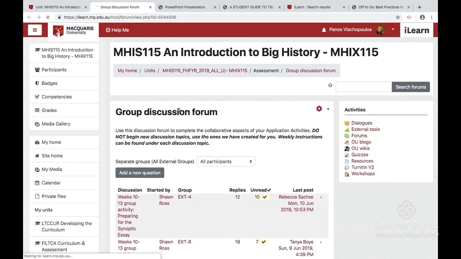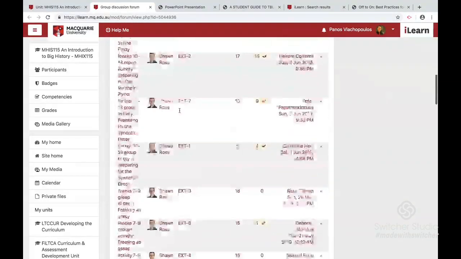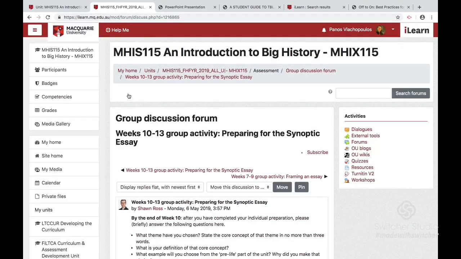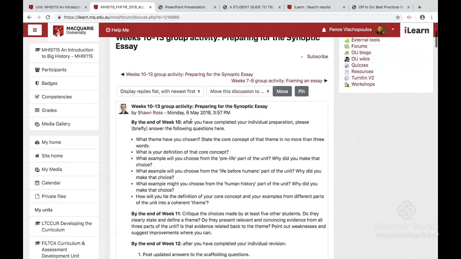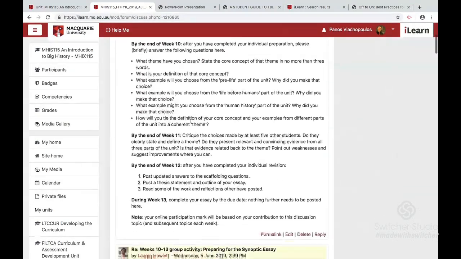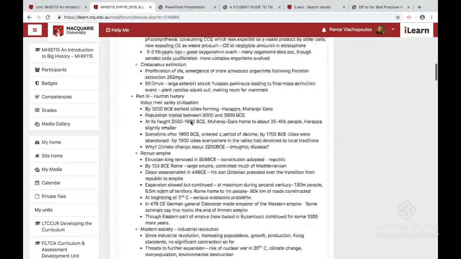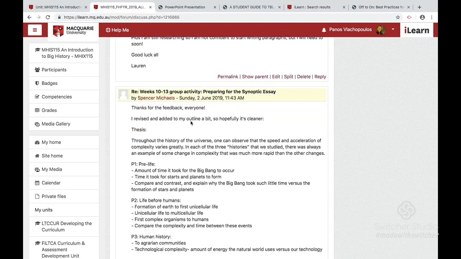They have a discussion forum, and the discussion forum is very busy. They give their thesis statements, they write them, they receive feedback, so they actually work with each other to collaborate on how to write the thesis. But then as a group, they need to come up with one thesis statement that they believe is their thesis statement